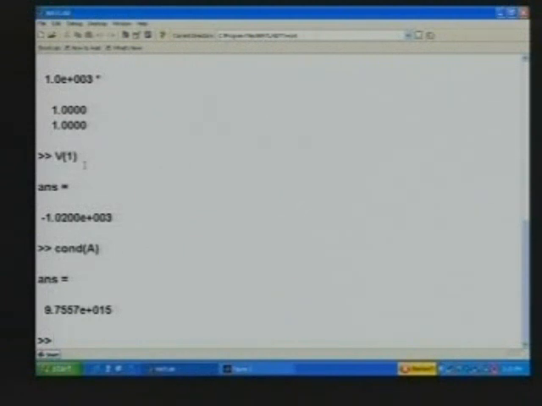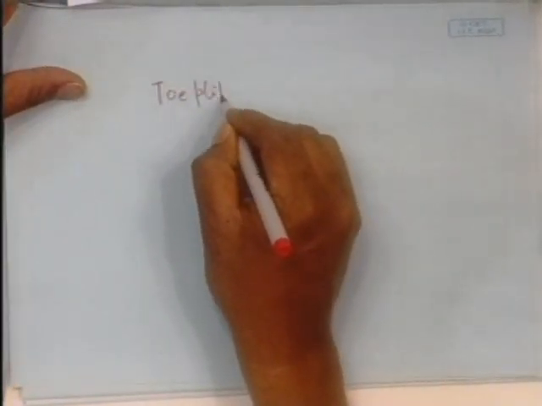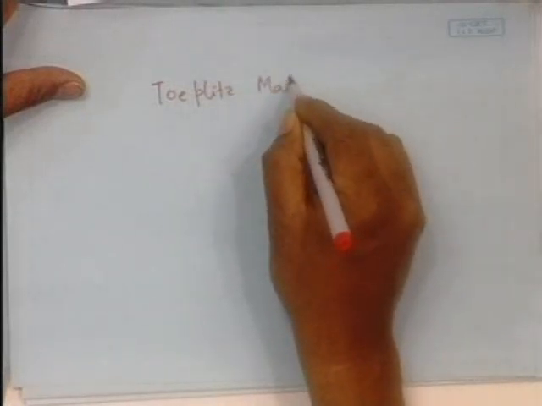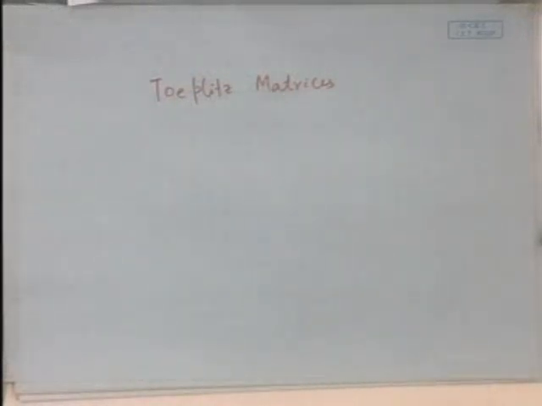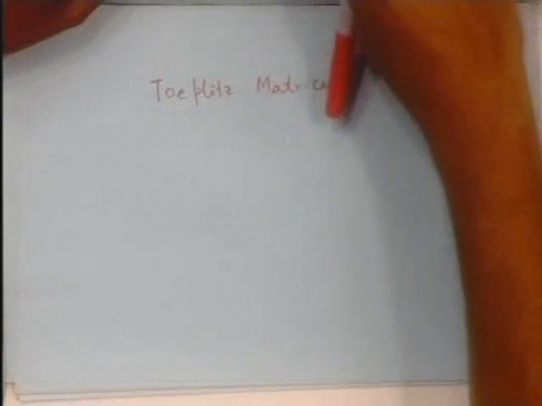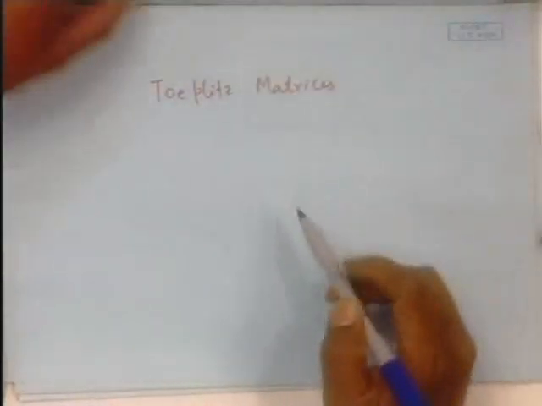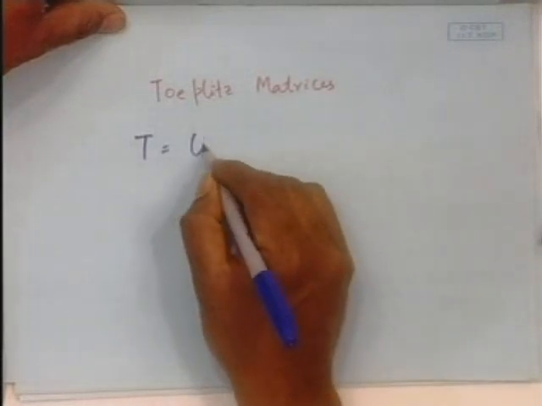So, the next type of matrix which you will consider is the Toeplitz matrix. What is a Toeplitz matrix? Let me give you the definition first, then I will get into the details. Similar to the Hankel matrix, it has a very close association with the Hankel matrix. In MATLAB, the command is T equal to Toeplitz